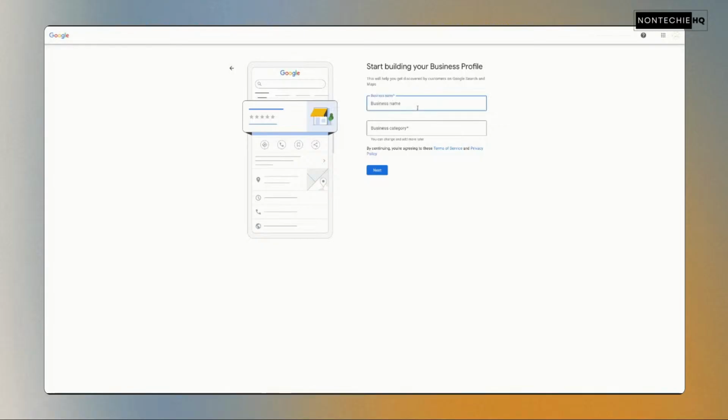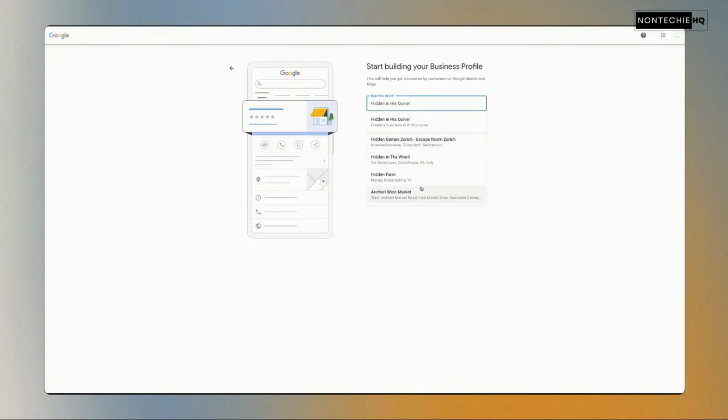You will start to type your business name into this box, and as you type, each letter is going to pull up a list of other businesses based on what you're typing. So this is a way to claim that profile if you already have one. If you already have one in Google, you will be able to select it from here. I put it in and I see that there is no business by that name, which is great. So instead of claiming a profile, I will create a new profile for this business.